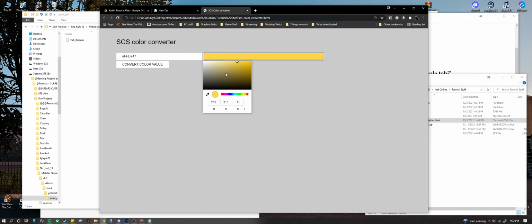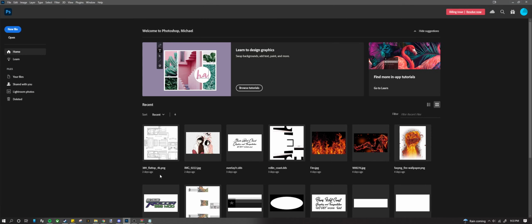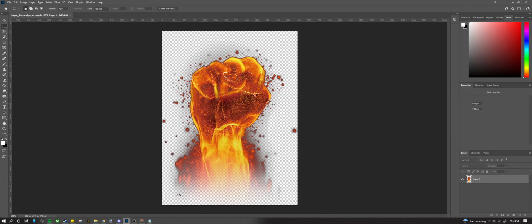So if you go here, you enter your values for your color. You can find them if you're using a skinning program like Photoshop, which I have here. So if I open up this, let's say I take this and I grab my little fancy eyedropper and I click this color, right? So if I wanted to, I could look at